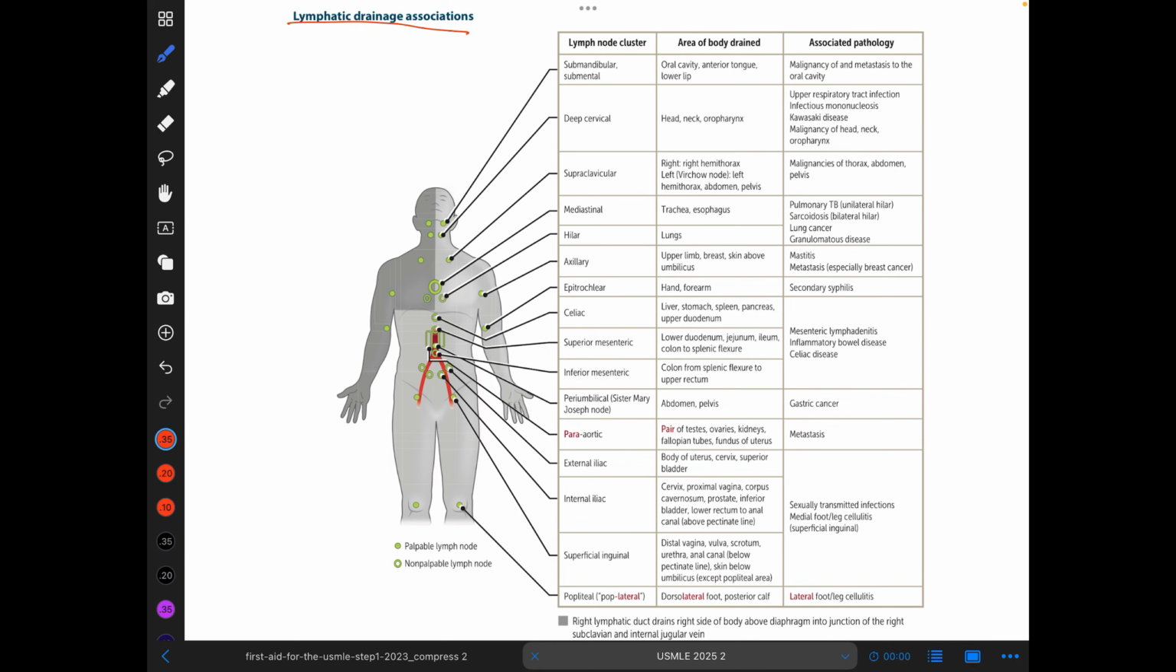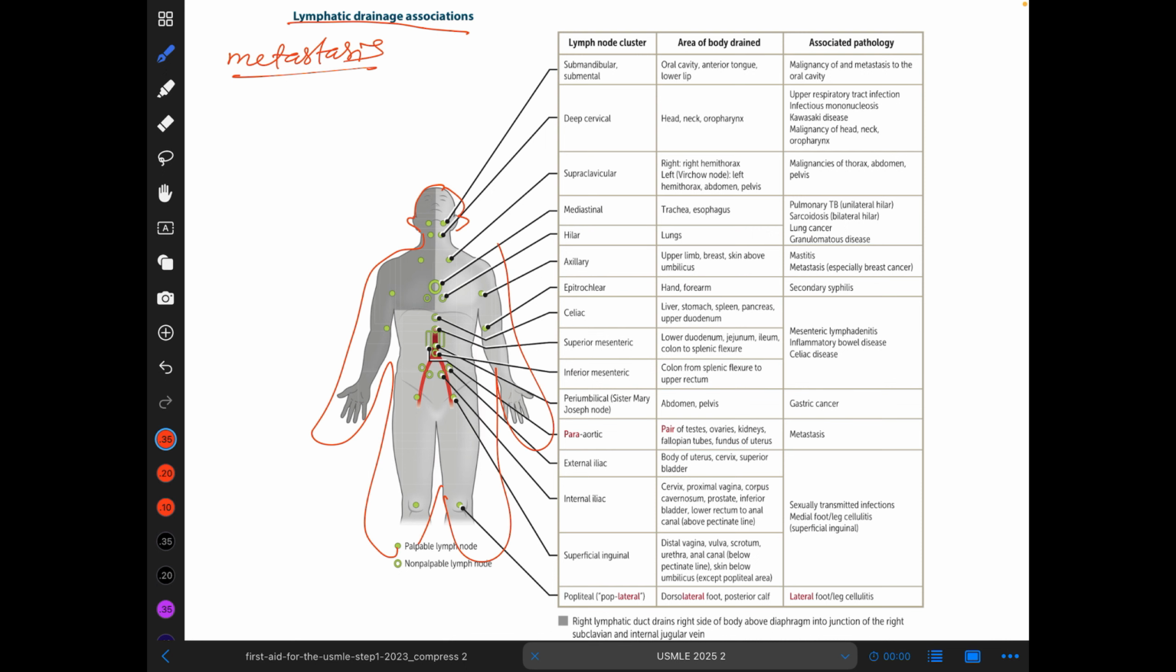Lymphatic drainage and association is an important topic that always asks about metastasis, enlargement of lymph nodes, lymphadenopathy, a lot of things. If any infection is happening, which lymph node is involved is very important. But how will you remember it? Just imagine your body and touch all the surfaces of your body when I